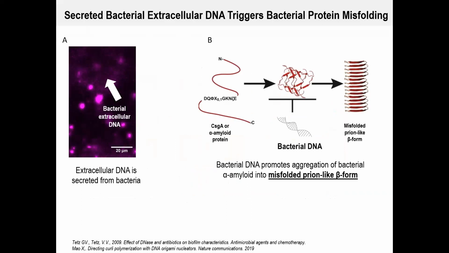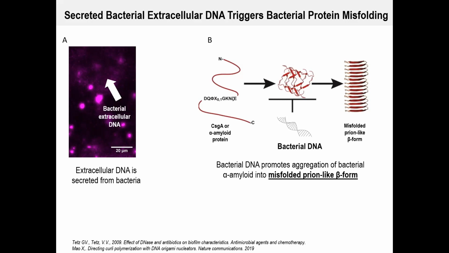Our group was one of the first to show that literally all bacteria and fungi secrete and release cell-free DNA. That is what can be seen on the left-hand side, in image A. And in some bacterial communities, this DNA was recently shown to convert bacterial amyloid protein into a misfolded beta form, also forming so-called curli fibers with prionogenic properties. Please see image B. In other words, bacterial DNA promotes bacterial protein misfolding. However, literally nothing was known, to be honest, about the cross-kingdom interactions between bacterial DNA and human prionogenic proteins.